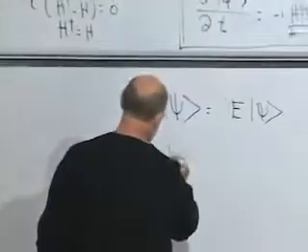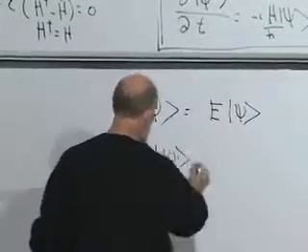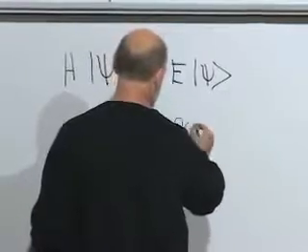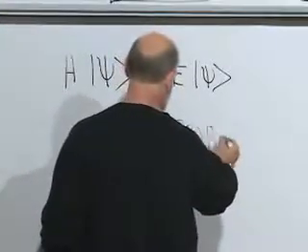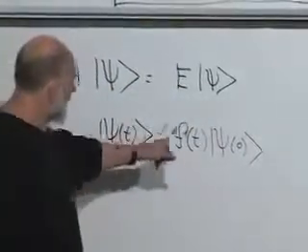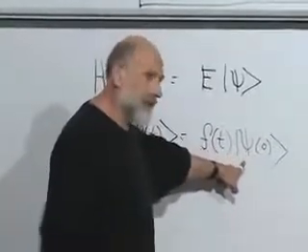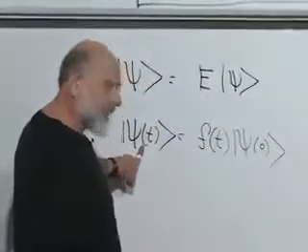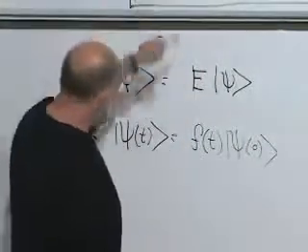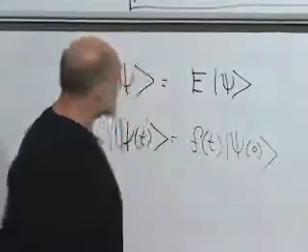So let's write that psi of t is equal to a function of time times psi of 0. If psi of 0 is an eigenvector of the energy, so will f of t times psi be an eigenvector of energy, and therefore so will the left-hand side. It'll be the eigenvector with the same eigenvalue. It'll just be multiplied. And let's see if we can solve this by finding an f of t which will allow this to be solved.